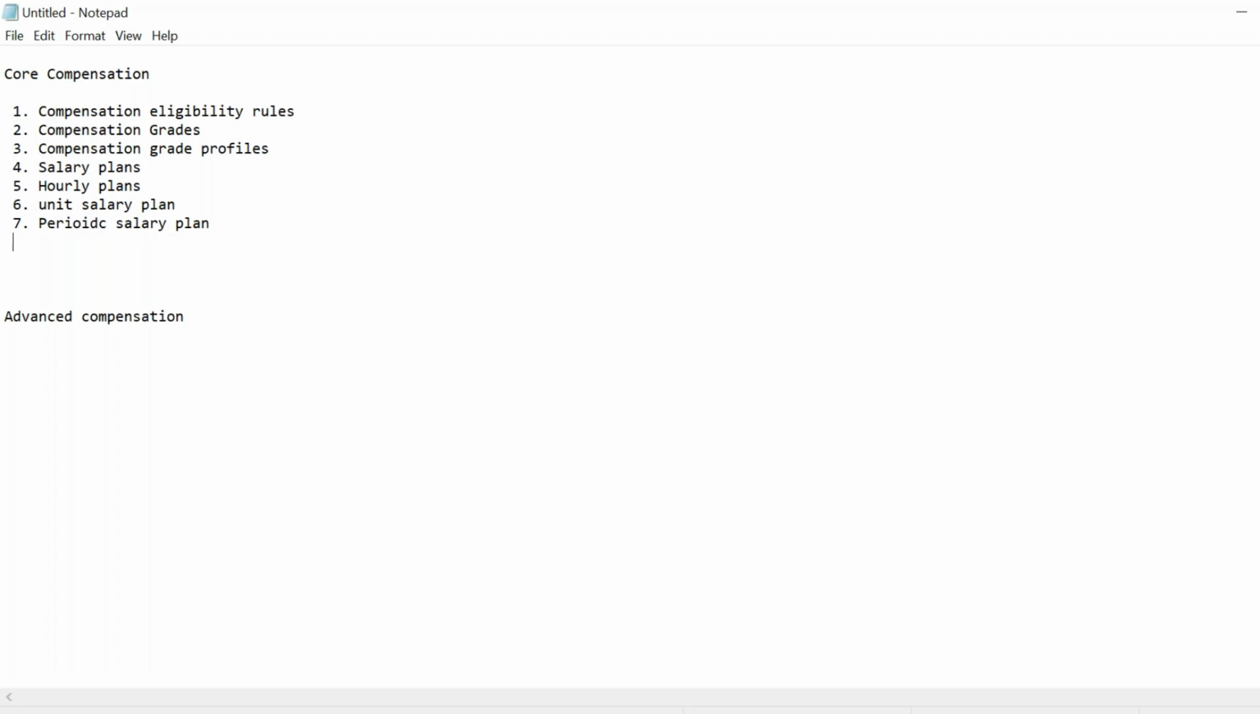So then, allowance plans. On allowance plans, we're going to talk about amount-based allowance, unit-based allowance, percentage-based allowance, and reimbursable